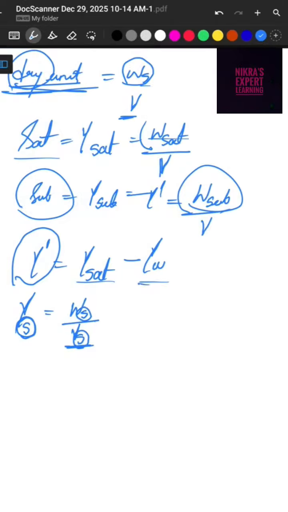So in that case we know what is the unit weight of water, right? So we'll be subtracting this value or adding this value. We'll be using this equation to solve for the third unknown value. If we know two values, what will be the third unknown? We'll just be substituting in this equation. Okay, in the next video we'll be understanding